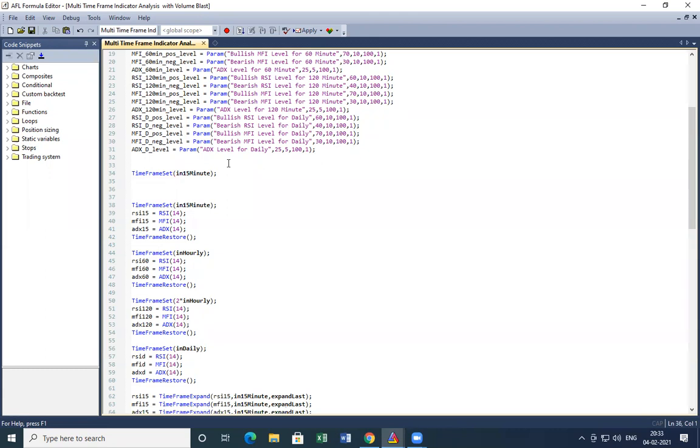Then we will restore the time again, TimeFrameRestore, round brackets and semicolon.